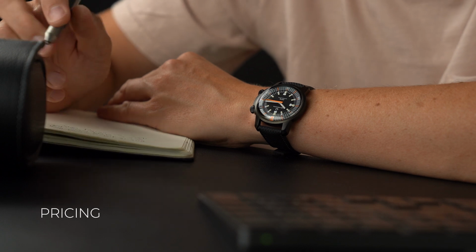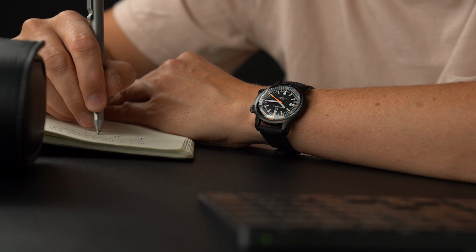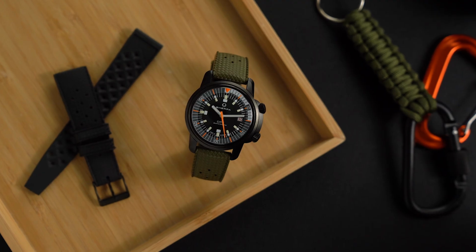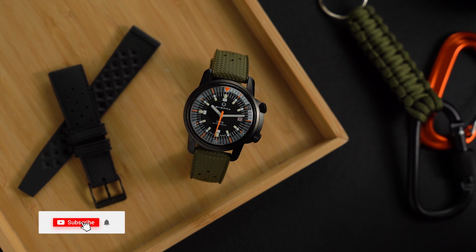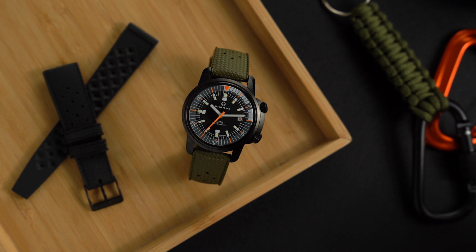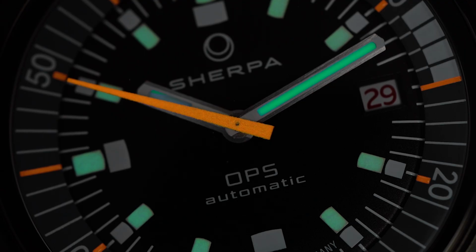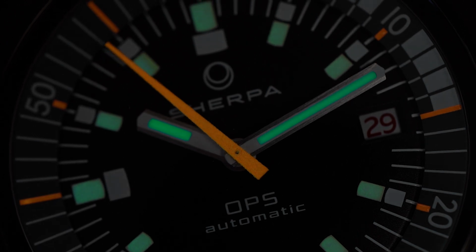I think this is the first time I'll defend or even discuss a price point on a watch here on the channel. These models are available for 5,800 euros. That's probably a big ask from a new company, but this needs some perspective though. This isn't a micro brand starting with a tryout first release, testing the waters via crowdfunding. They are coming out of the gates with a serious watch, the watch they wanted to create, without cutting any corners. Finding investors, doing the whole research and development, sourcing partners, recreating Bayonet compressor technology that was hidden for 60